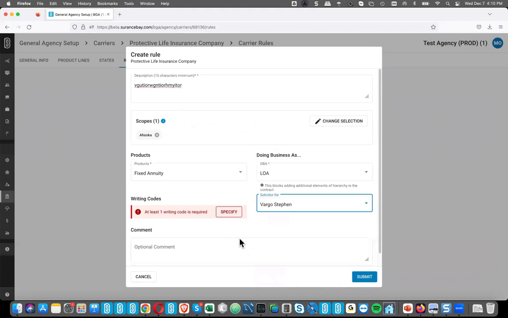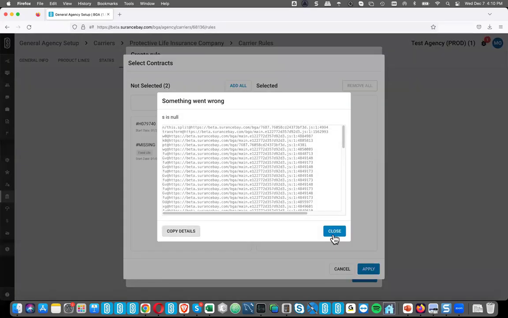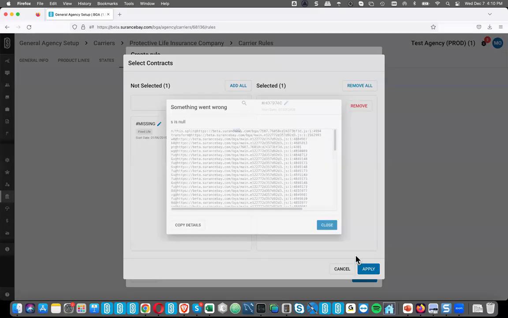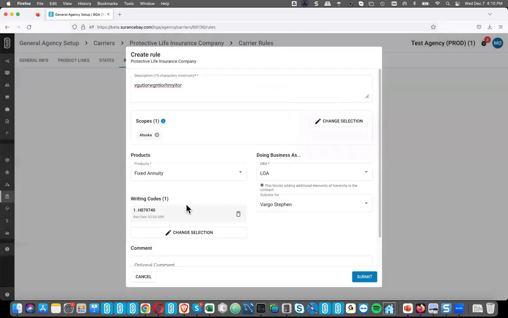So what that means, and let me just see, I think, yeah, this is still a buggy thing that we're working on for this particular page. There we go. What this means is every request from producers in this affiliation for protective fixed annuity will be set as an LOA to Stephen Varga.